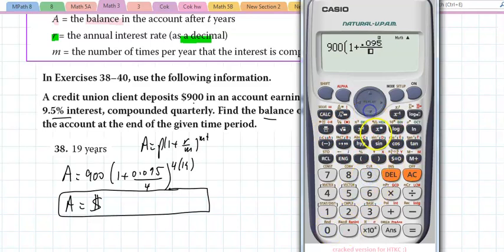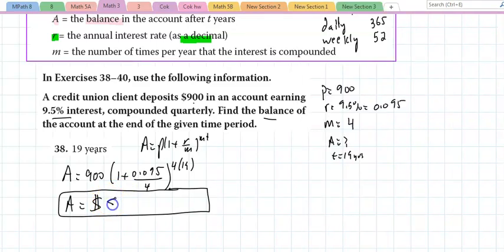0.095 divided by 4, all raised to the 4 times 19. That's 19 years. We're going to get out of the $900, 19 years from now, $53.75,